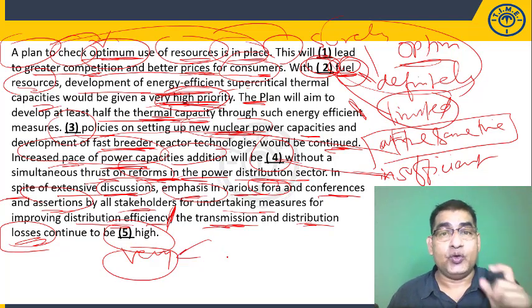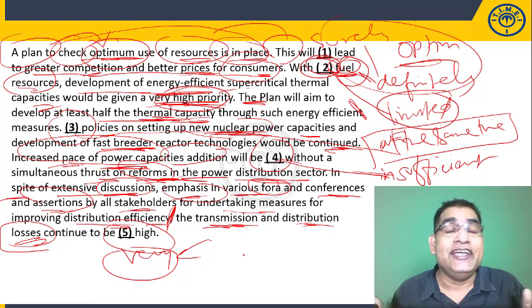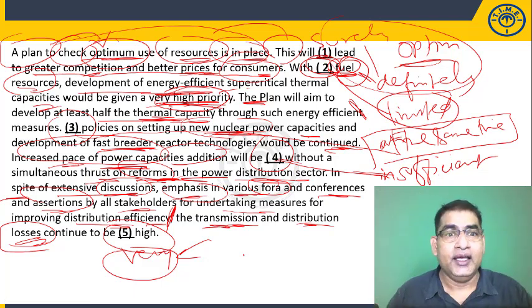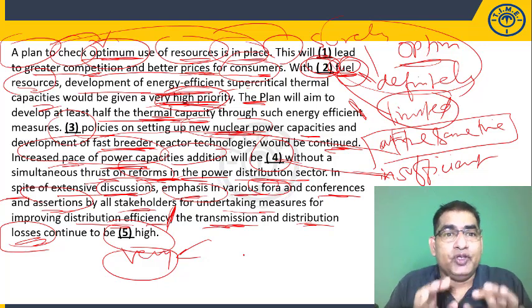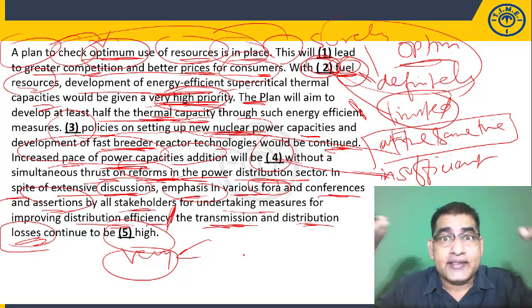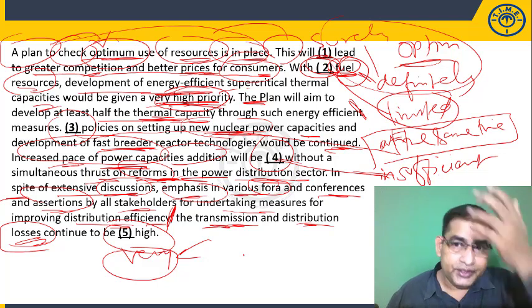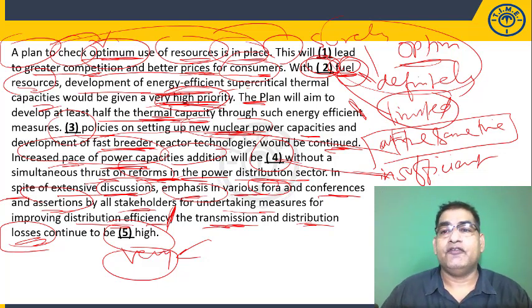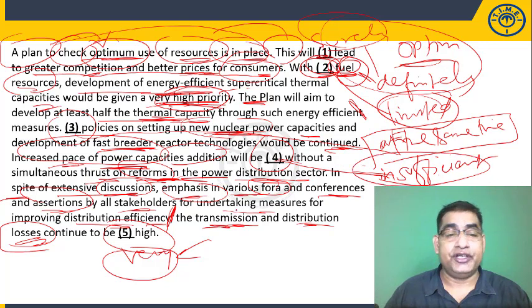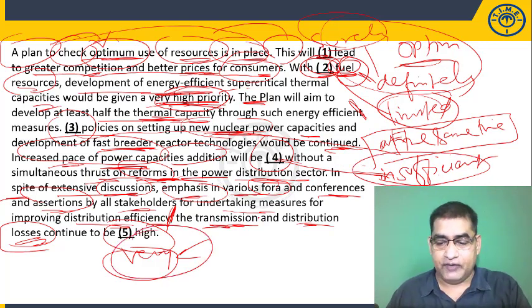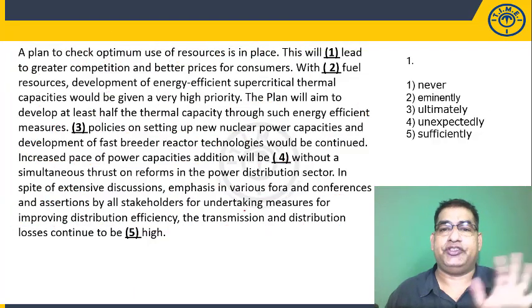You see, this is how you should read a cloze passage. You should never look at the choices immediately. That will mislead you. So I read the para, I understood what the context is, and based on the clues, also decided what the answer word could be or should be. So for all the 5 blanks, we are clear. For the first blank, surely or definitely. For the second blank, limited supply. For the third blank, at the same time. Fourth blank, insufficient. Fifth blank, very. With that, now we should attack the choices.